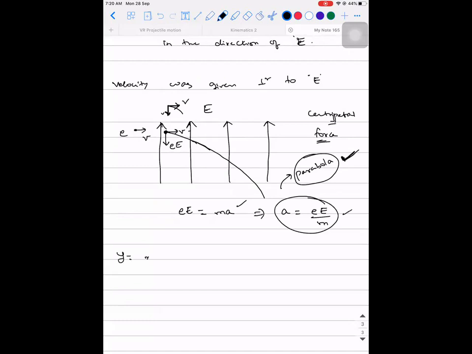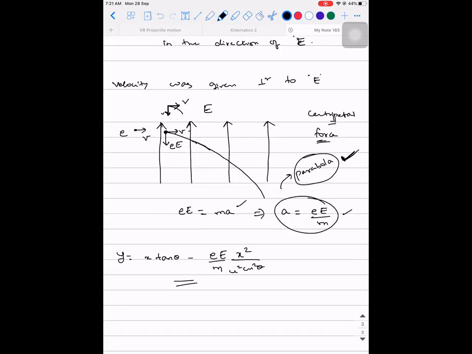Then the equation of projectile will be y is equal to x tan theta minus E into capital E divided by M into x square divided by u square cos square theta, where theta is the angle of projection with respect to the horizontal. This will help you to calculate the distance the object has traveled after time t. Means you will get the answer in one step. Are you guys able to connect the dots?